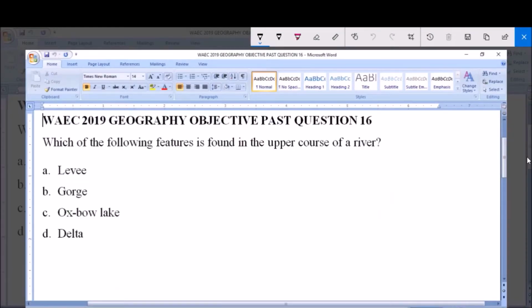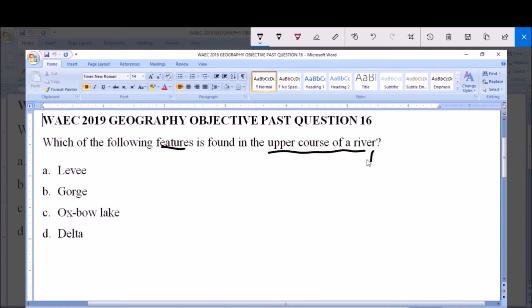I'm going to be answering WAEC 2019 Geography Objective Past Question 16. Which of the following features is found in the upper course of a river? A. Levee, B. Gorge, C. Oxbow Lake, D. Delta. So here we are considering the features that are found in the upper course of a